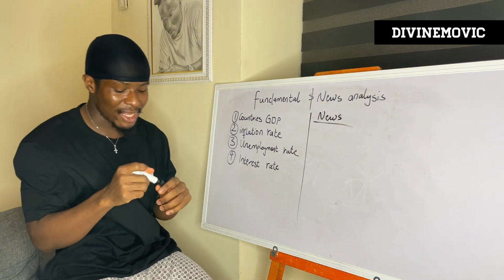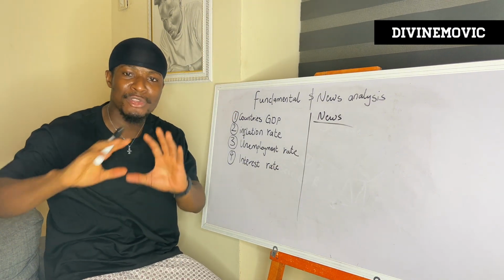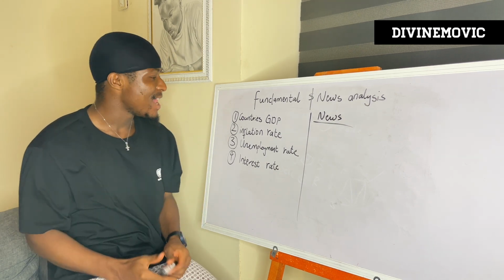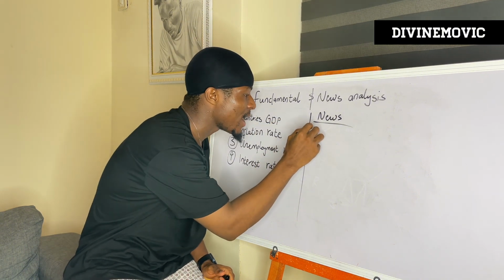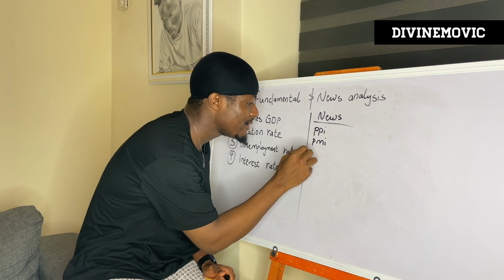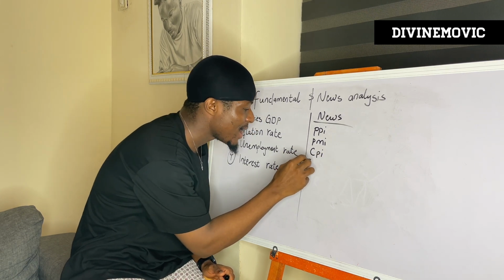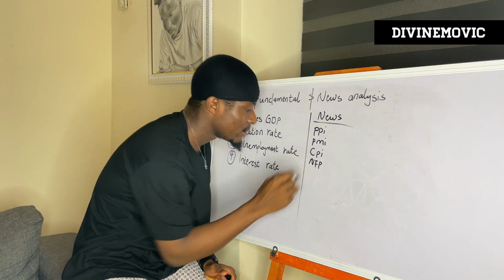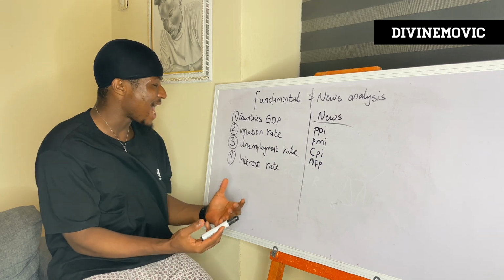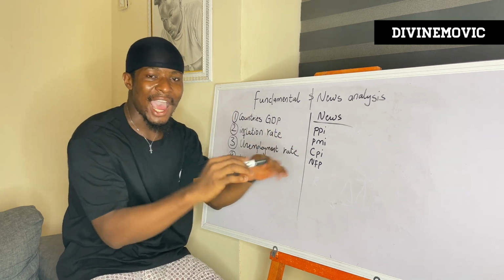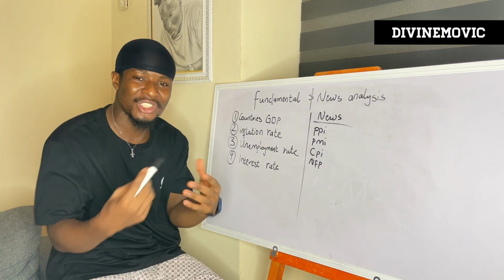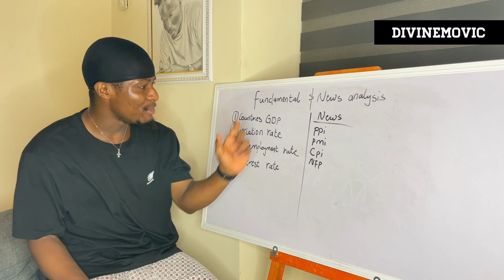Now, we have various news in the market. I'm not discussing only the high impact news, that means news that is likely going to move the market or cause the market to move with high velocity. We have the PPI, PMI, CPI, and NFP. We're going to be looking at this news one by one and how this news actually reports this data. After we've understood how this news reports this data, I'm going to show you how to use this news to trade the market. First, PPI.